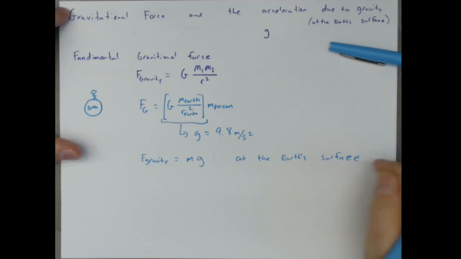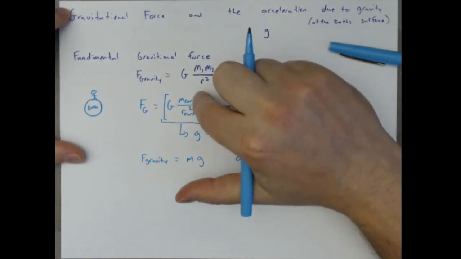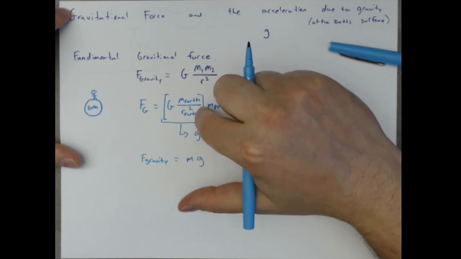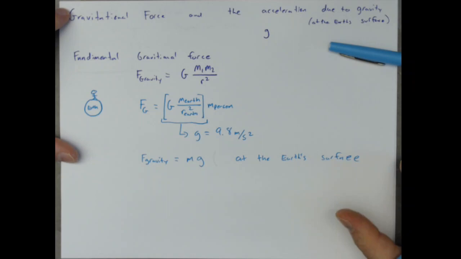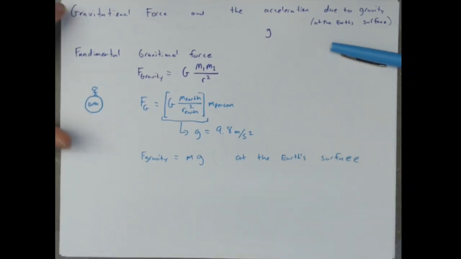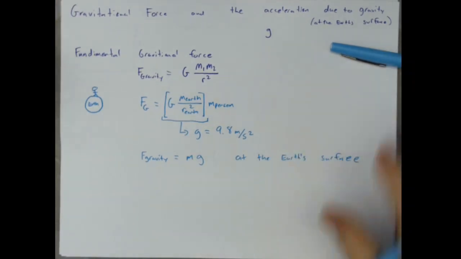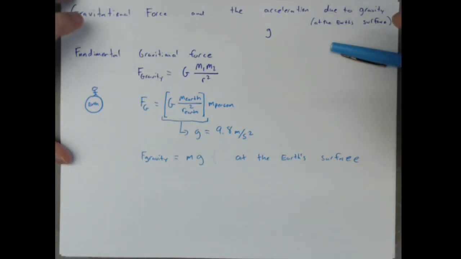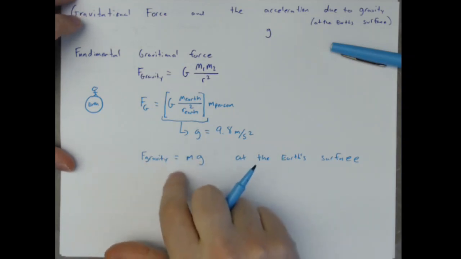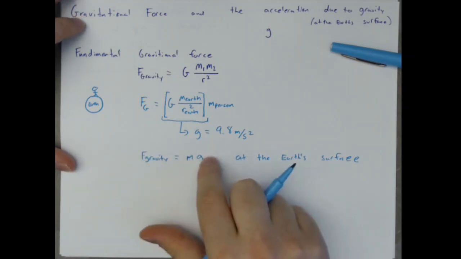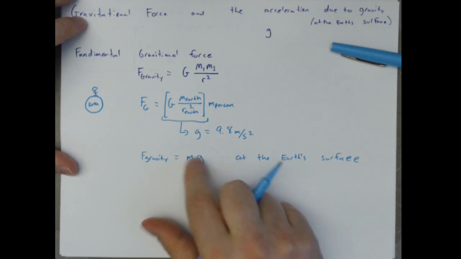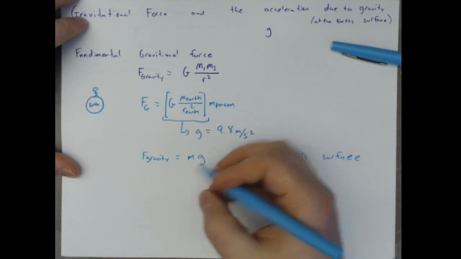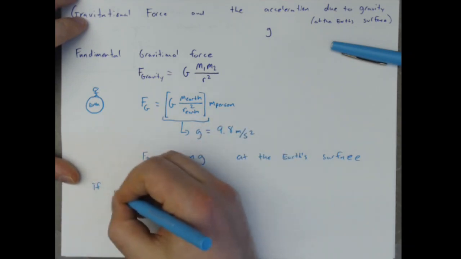Now, if we were on the moon, we could say the mass of the moon divided by the radius of the moon squared, and then we'd have a different acceleration due to gravity at the moon's surface, or at Mars's surface, or other planets. We'll talk about that in a lot more detail, as I said, in week 10. But now that we have this force, if this is the only force,